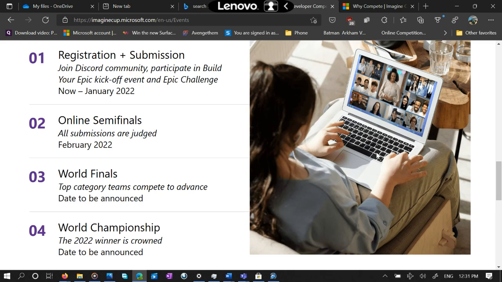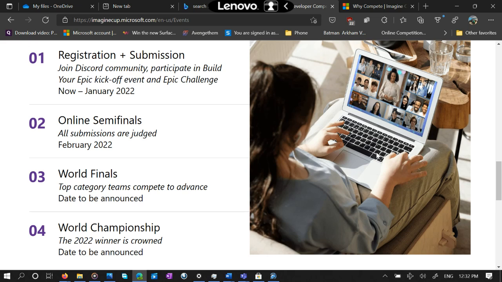This is the competition schedule for the coming year. Right now, there's registration and submission, and that's from now to January 2022. So this is when you guys should really start thinking about this and start registering. And yes, we will enter as MSA, but this is also a community that's growing bigger and bigger. There should definitely not be just one team from this group. I will support each and every person that has their idea, decides to make something with a friend or a few friends.